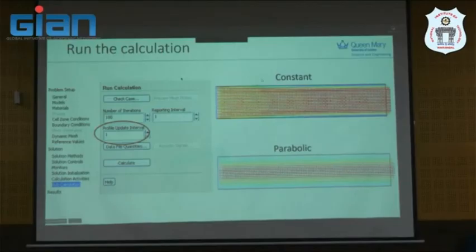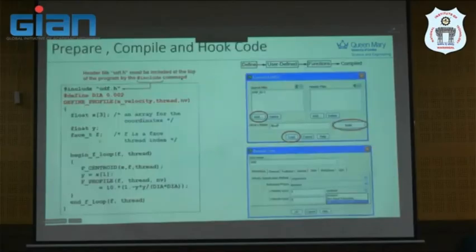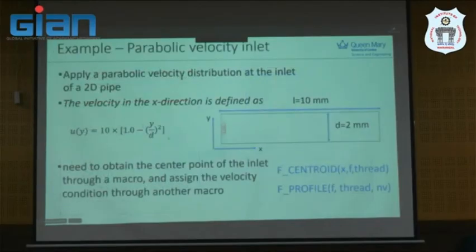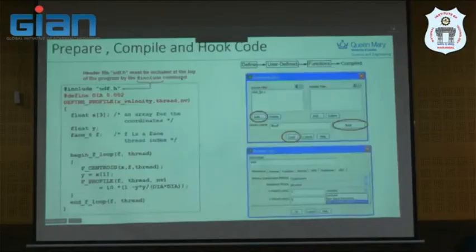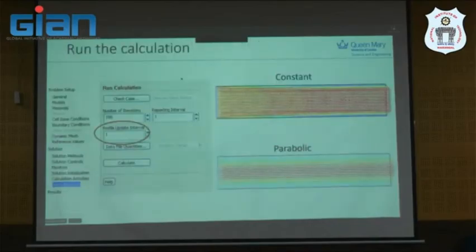This result is the inlet velocity is 10 meter per second, and this simulation result is the inlet velocity is based on this equation. And I will show the whole process of this simulation